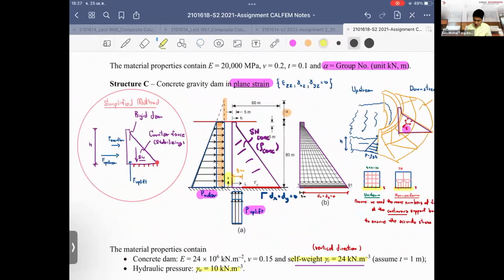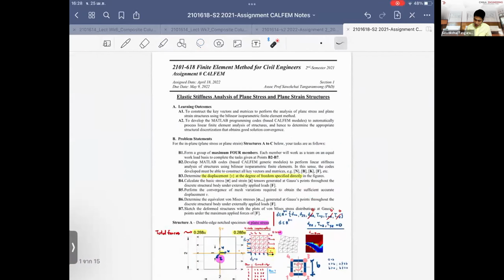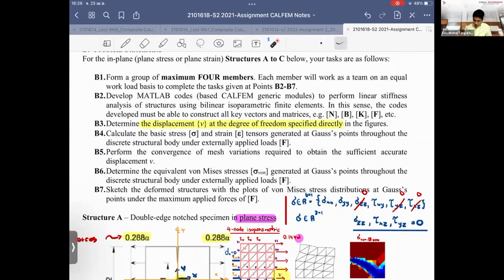The concrete dam might try to lift up, so when it lifts up, this will open. When you plot the deformed shape, it may pretty much look like this. So we want to see how much uplift there is. You have to test the convergence of the mesh, right, to obtain a sufficiently accurate value of the displacement. So for each problem you look at, you have to discretize the problem more, because